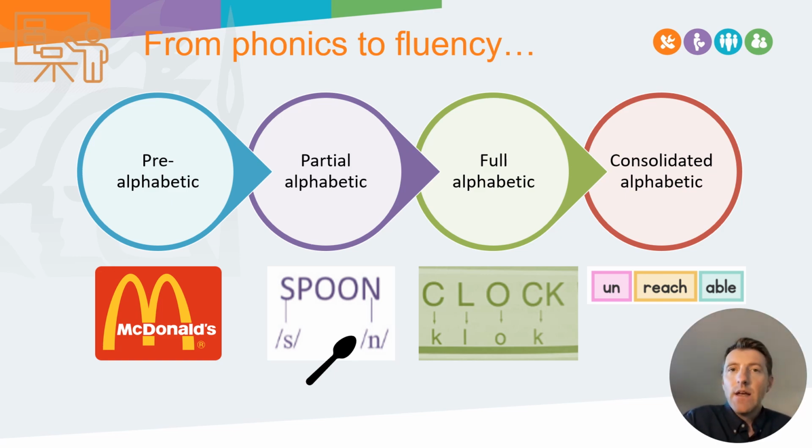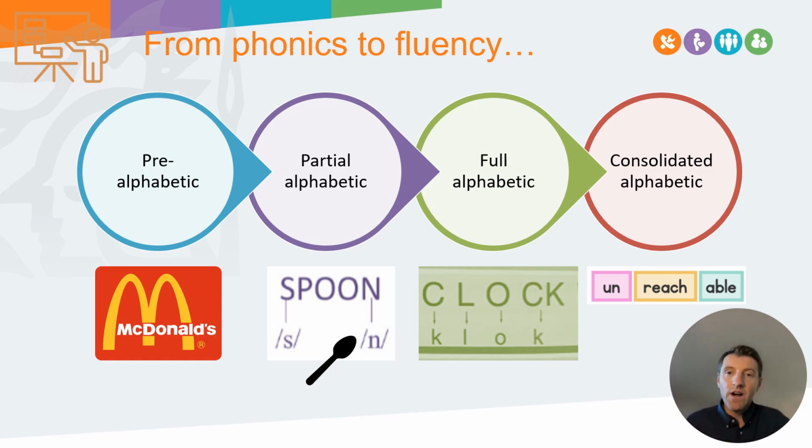Then you move on to full alphabetic. And at this point, our learners have a good grasp of the alphabetic code. They understand the first initial 44 phonemes, and they've started to explore the complex code with all the different variations, the different graphemes that can be used to make those 44 sounds. And they can start to, and do quite capably, sound out and read individual words. You have here clock, and it's clock. Read a word, done. And that starts to become more and more, they're not having to sound out and break down every word all the time, but they're still using that alphabetic code.